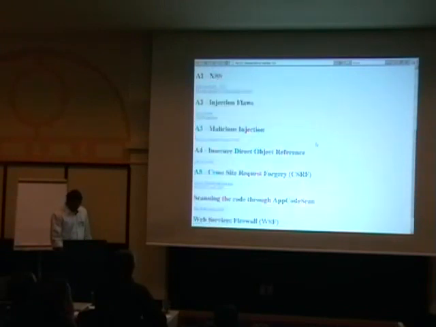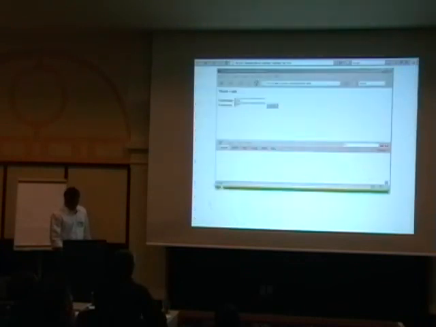Next is malicious file access call is possible, cross-site request forgery, forcing XML through XML split. So for example, what I'm doing over here is you have a login page for a trading application. You log in to a trading application. So you have sent your credentials over here.